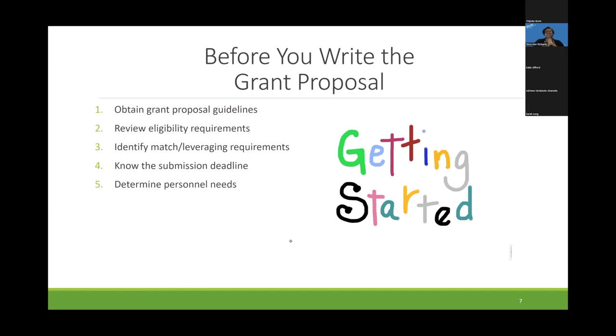Consider personnel needs in general, as you start to spec out your budget and also your partnerships. And any other administrative requirements that the grant might include, which could also include some of those other papers that I was talking about. Just how many years has your organization been in operation? Do you have audit reports? Those kinds of things.